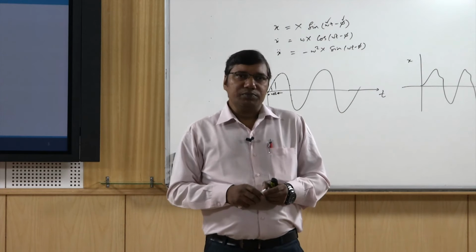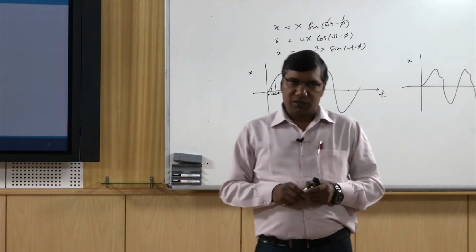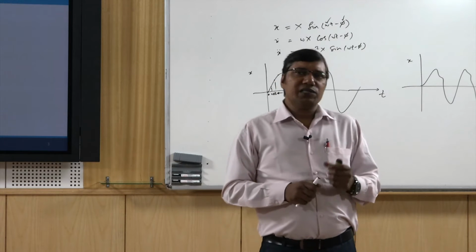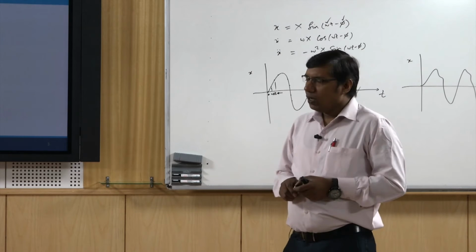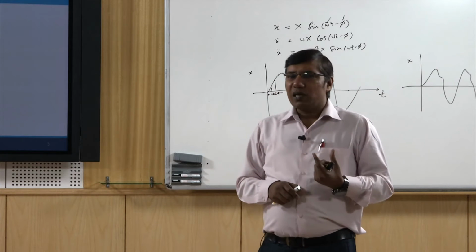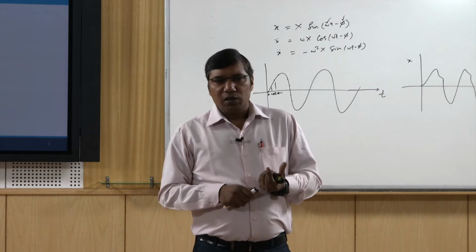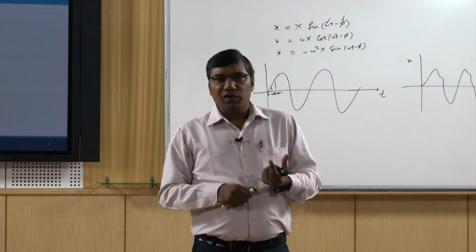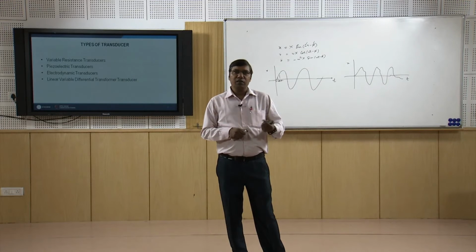For example, there are variable resistance transducers. Variable resistance transducers utilize the characteristic of resistance change, and they link it with the